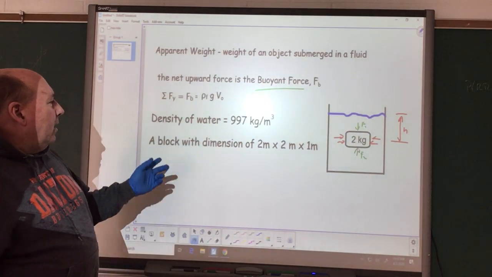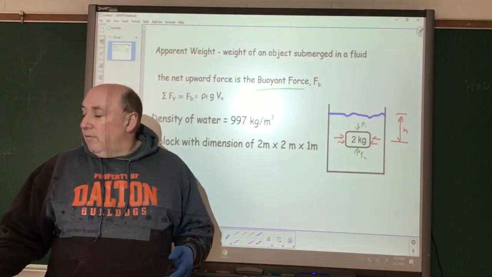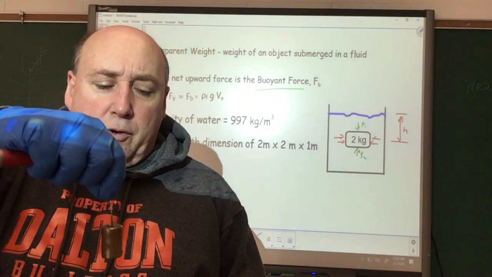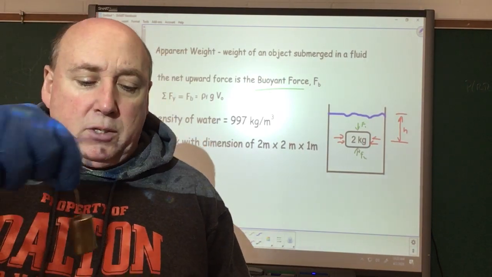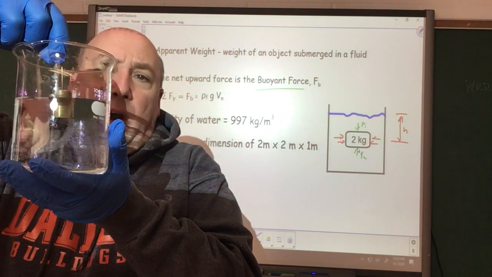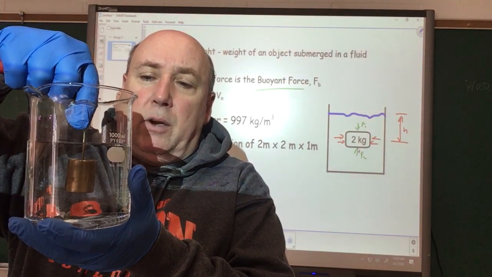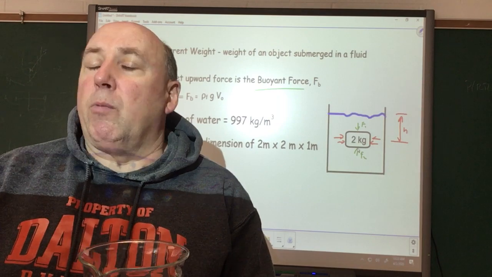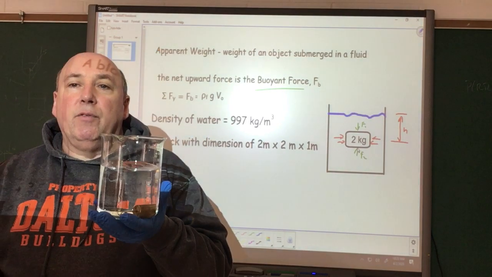Now, if we take a look at this block, the thing is we still have weight. If I look at my example here at the beginning, I went from 100 grams down to 90 grams. So if I would drop this weight, it would still go to the bottom. I don't want to drop it too far because I don't want to break the beaker. It's still going to go to the bottom. Okay, so I still have a force that's pushing it downward. I don't have a buoyant force that's going to shove the weight out of the water.